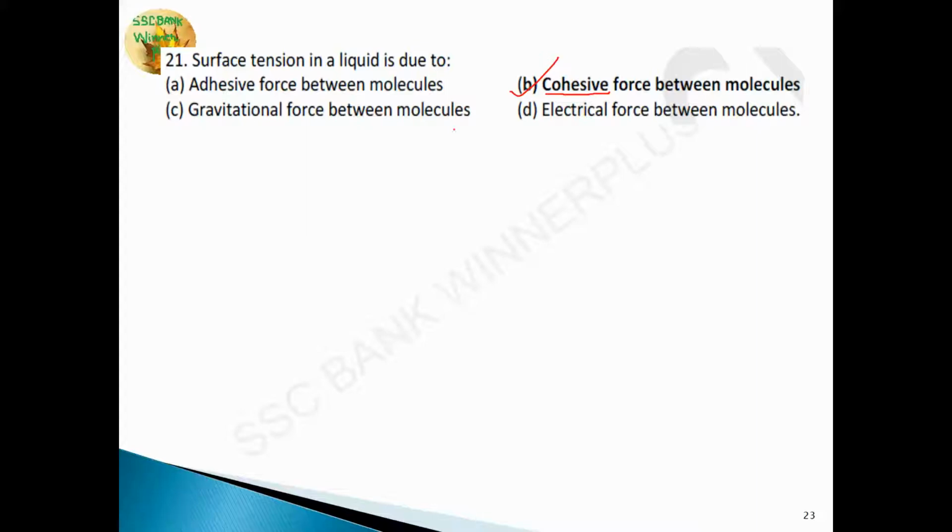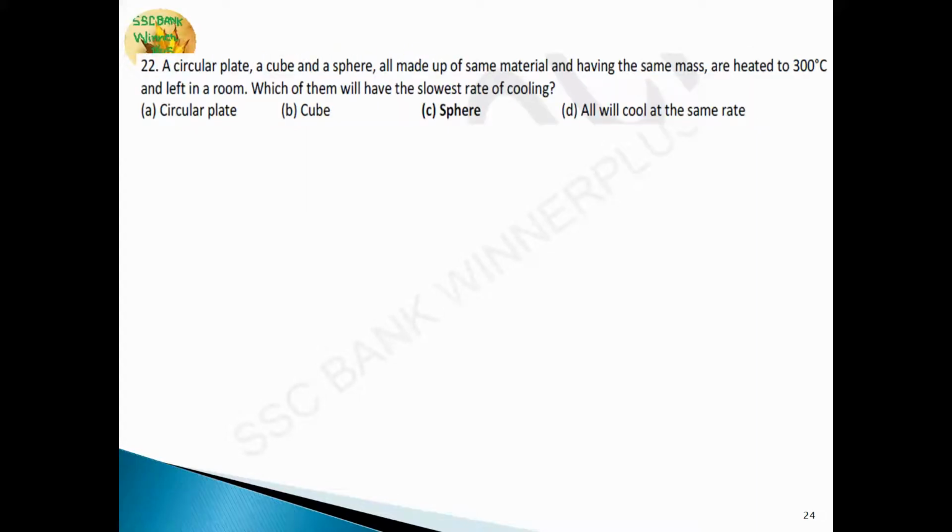And what is adhesive force? Adhesive force means the force between different types of molecules. Capillary action, for example, is responsible for this adhesive force. Okay. Next question. A circular plate, a cube, and a sphere, all made up of the same material and having the same